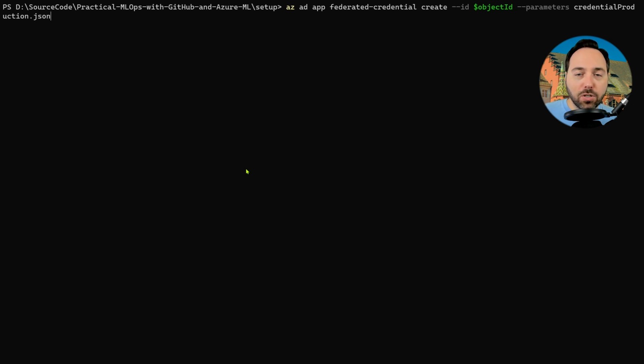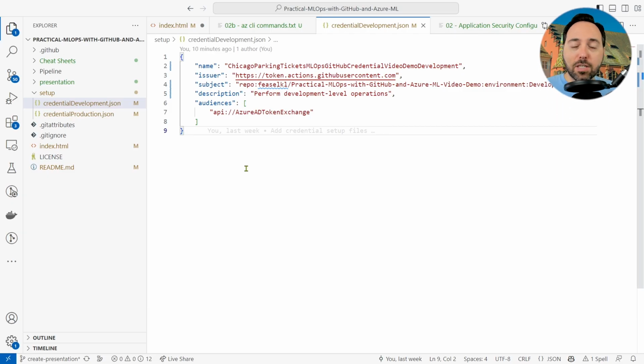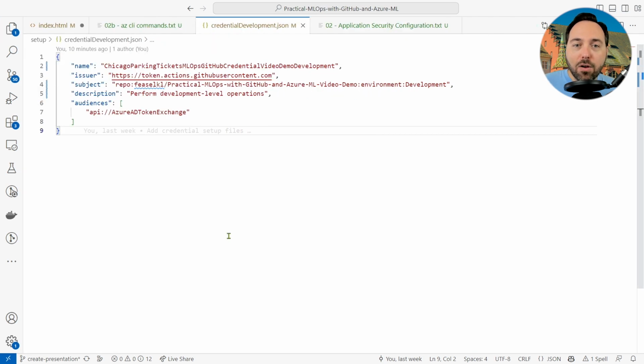Let's open up Visual Studio Code and take a look at one of these parameter files, specifically the development file. We can see in here the name of the federated credential we're going to create. Then we see that the issuer comes from GitHub. The subject explains what this credential will have access to on the GitHub side.